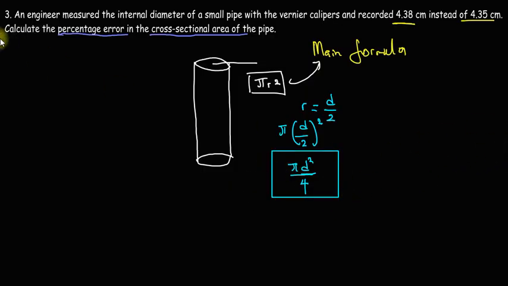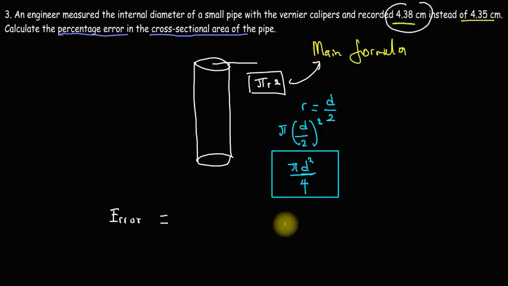Now moving forward, let us find the error, the absolute error in the cross-sectional area of the pipe. So using our values for diameter, we just need to substitute and take the difference. So let's go. So to calculate the error, we take our actual value. So we recorded this instead of this. Our actual value